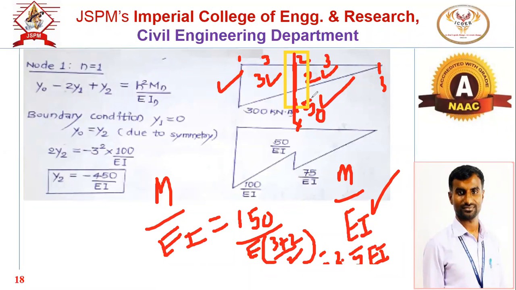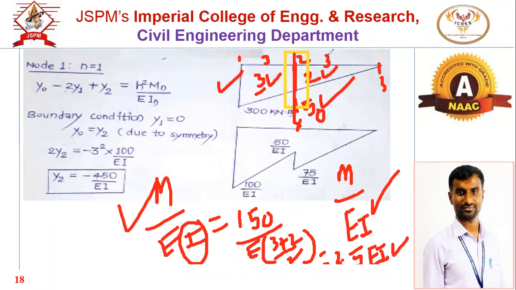This is the first approach and this is the simple one. Just find out the bending moment, load into perpendicular distance at various points 1, 2, 3. Then at a junction, at the point where there is a change in cross section, while writing the value of M by EI, take the average cross section. What is the average here? For the left portion the cross section is 3I, and for the right portion it is twice of I. So average will be 3 plus 2 divided by 2. There are two cross sections, so 5 by 2, it will be 2.5 EI.